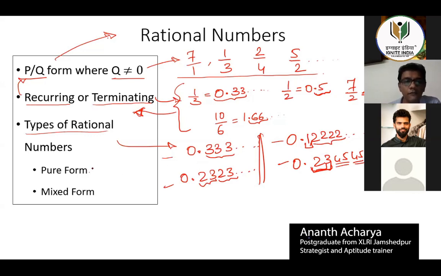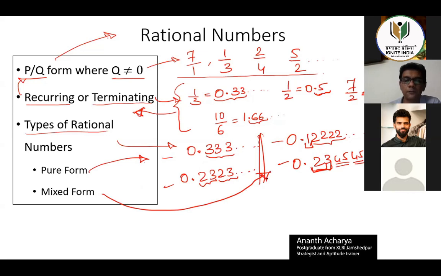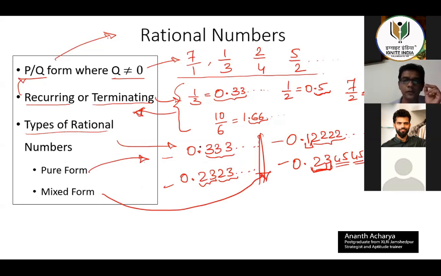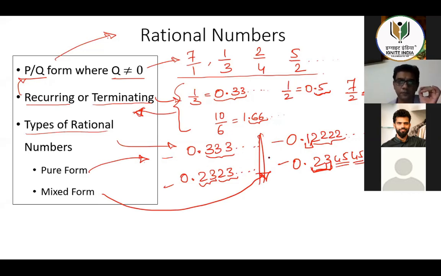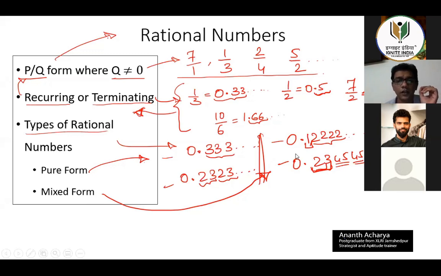So either you have a pure form or you have a mixed form. There can be no other form of a rational number. Either it will be a pure form or it will be a mixed form. Done? So now,